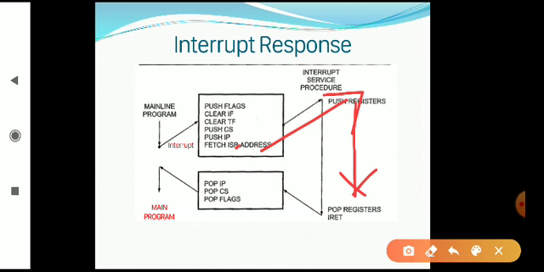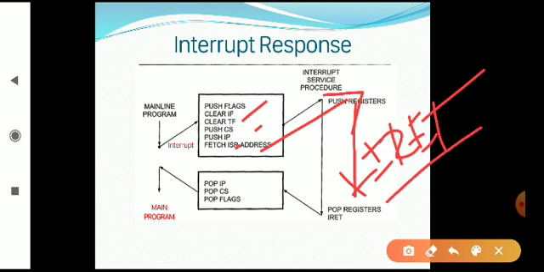Then after completion of the service, the CPU pops off, or retrieves, all the values already stored in the stack into the CPU by executing an instruction called IRET.